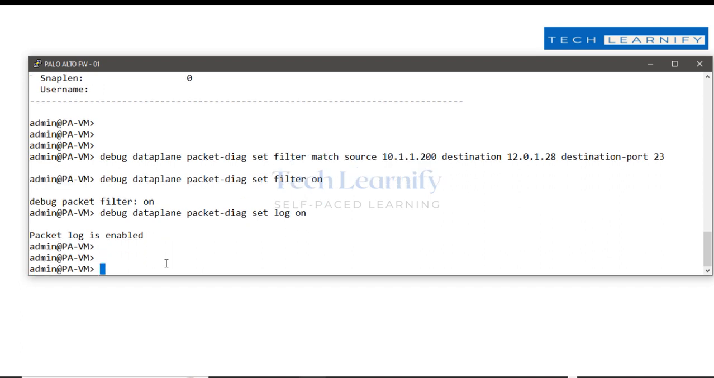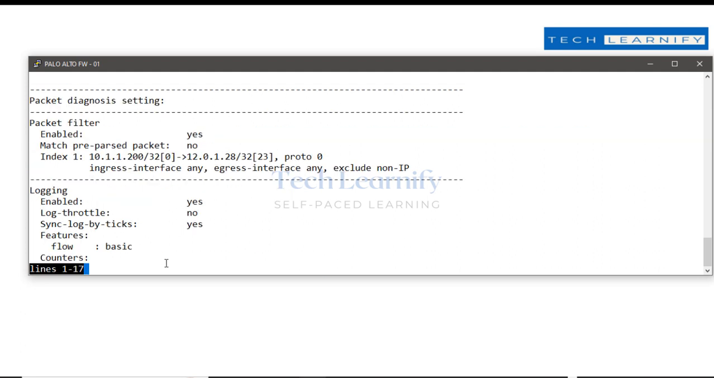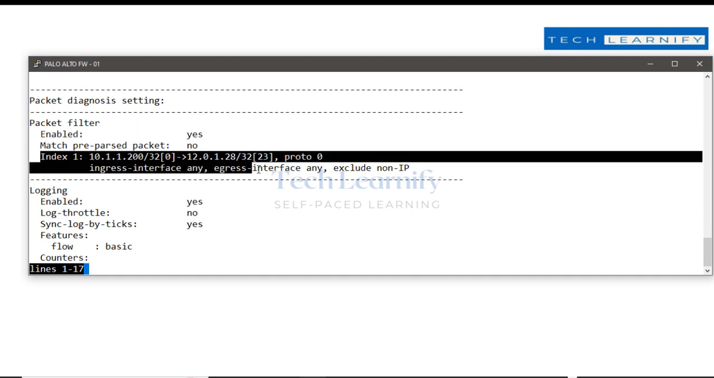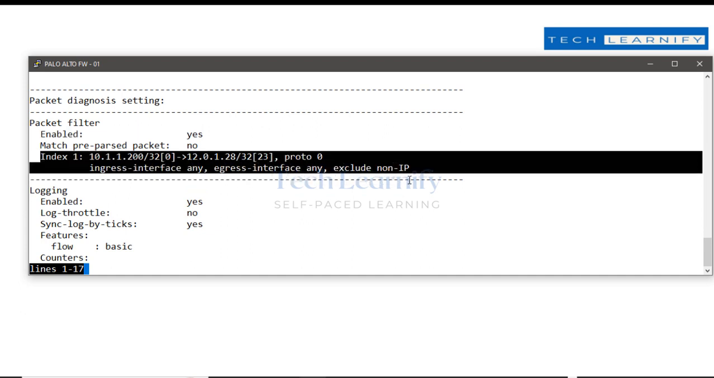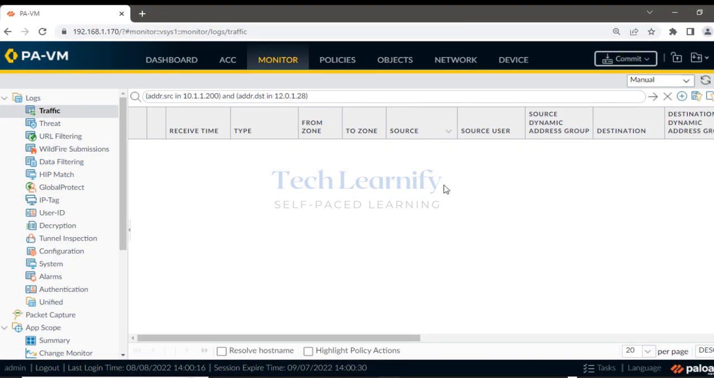All right, and can we do verification now? Debug dataplane packet-diag show setting. So packet filter is enabled, first filter is created, index number this. We can also do verification from graphical user interface mode also, right? So